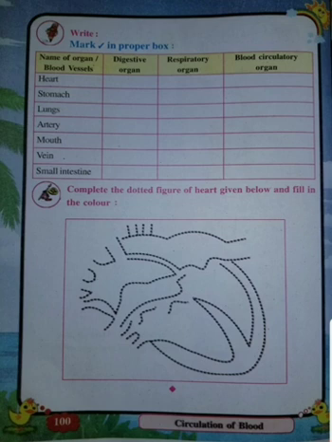And heart is a circulatory organ, means our organ कौन सा है? blood circulation में help करता है. stomach जो है digestion में help करता है. lungs जो है respiration में help करता है. Artery again it helps in circulation. Mouth helps in the digestion. Vein helps in the circulation and small intestine helps in the digestion.